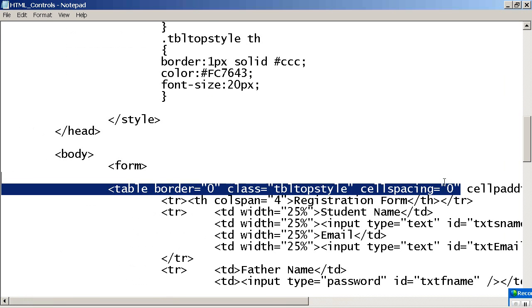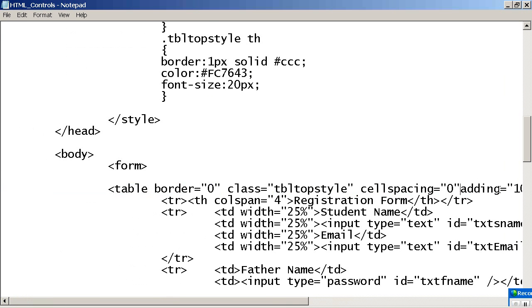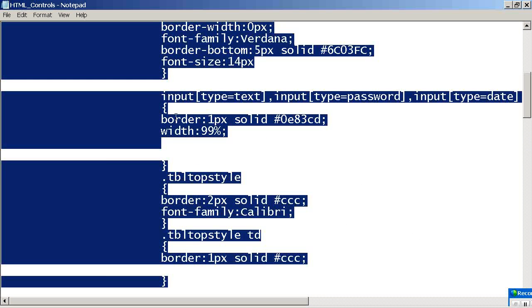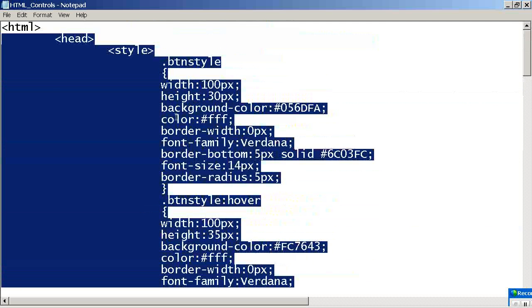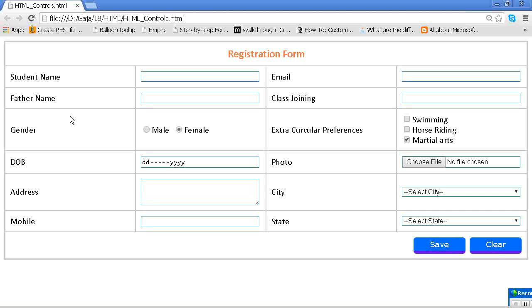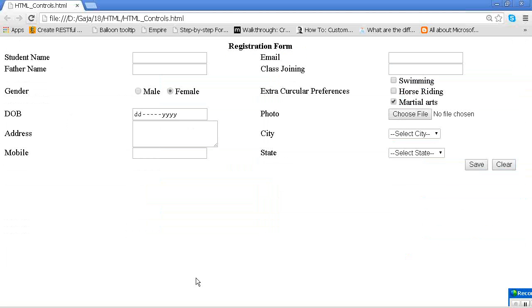You don't need padding, right? If you want to save, okay, border is also not needed for us. Now we can ignore this, right? Yes or no? Now I am just going here. Will this work? No. Even you see, it went like this.